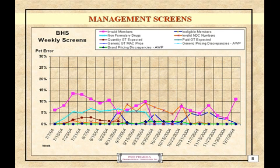In slide 9, entitled Management Screens, we're trying